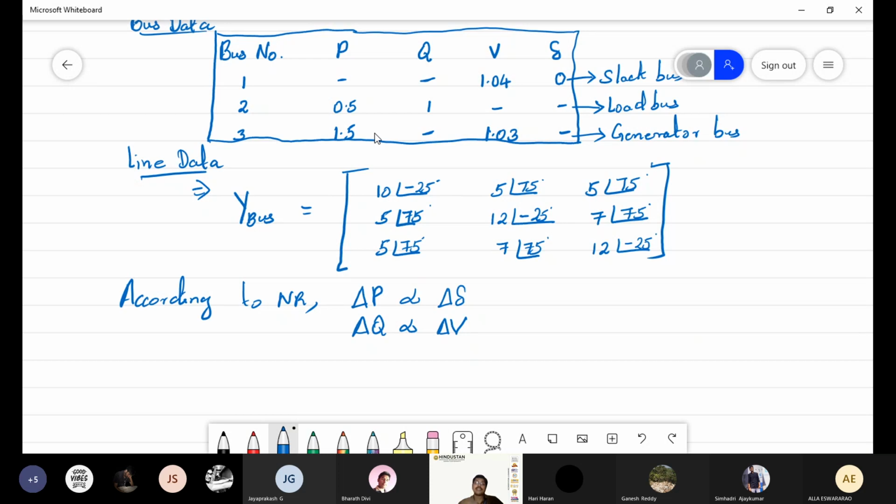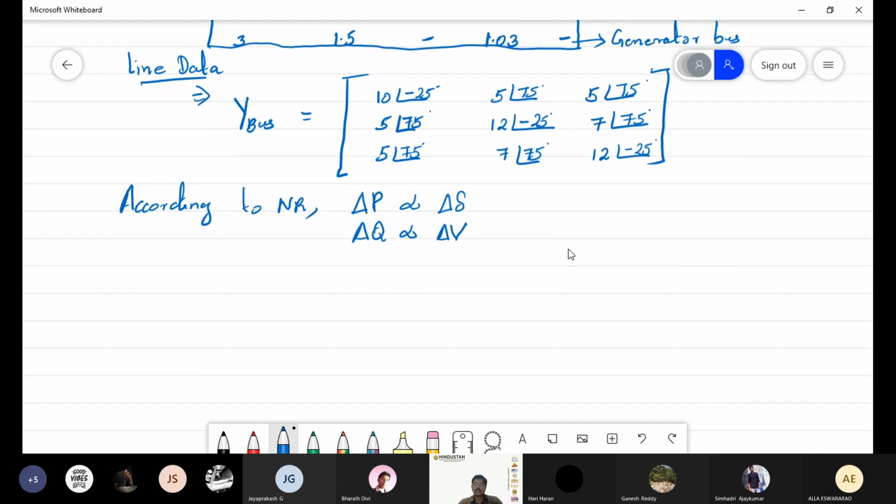And similarly, the next thing you can see is the Q, that is the change in reactive power, at bus 2. Therefore, there are three parameters on the left hand side. So once again I repeat, here you can see that at bus 2 and bus 3 we have P, and at bus 2 we have Q. All those things will be coming on the left hand side. Once again I am writing in terms of a matrix so that you can understand.